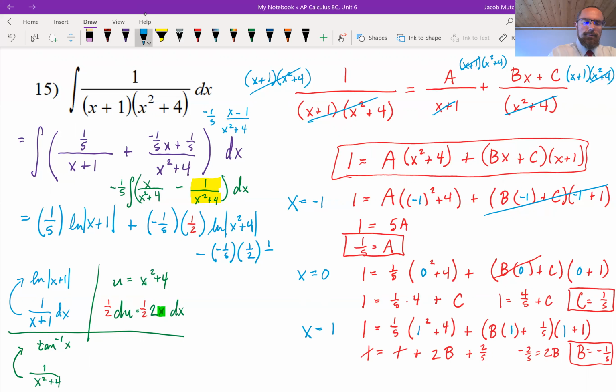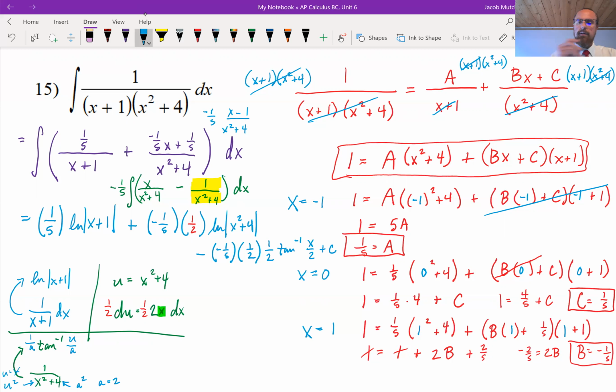In fact, let me write my rule here. It's going to be 1 over a tangent of u over a. And let's identify my u and my a. This 4 is a squared, so a is going to be 2. And my u squared is x squared, so my u is going to be x. So for mine, it's going to be 1 over 2 inverse tangent of x over 2